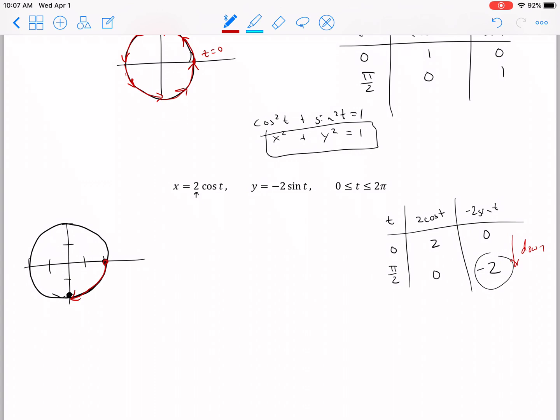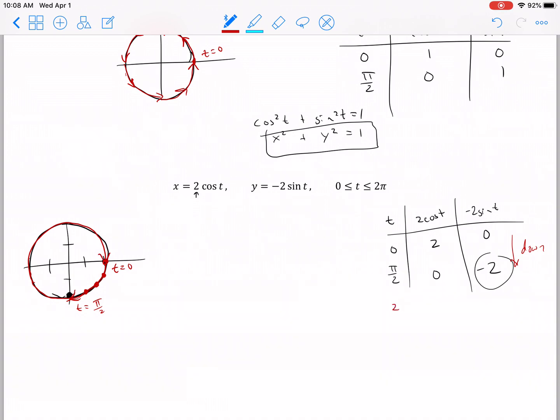We started here, this was t equals 0, and this is t equals pi over 2. So after pi over 2 amount of time, we should have curved back around here. If we had done pi over 4, we would have ended up here, and pi over 6 here, and pi over 3 here, and so on and so forth. And we're going to keep going around. And notice again, we're going all the way to 2 pi. And if we plug in 2 pi, it should take us back around all the way to the start here,